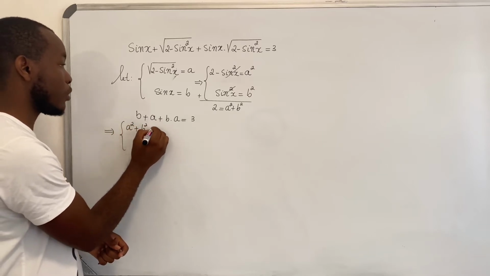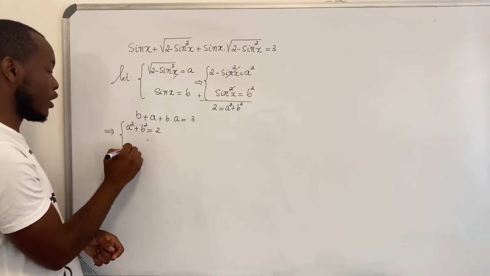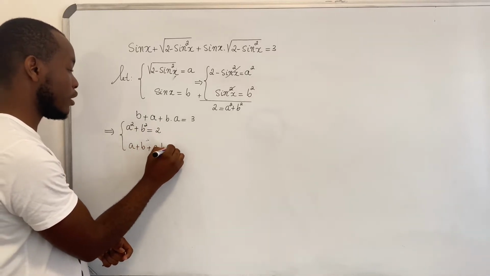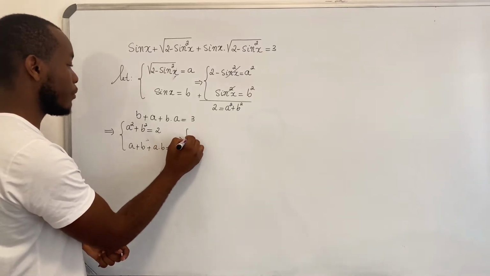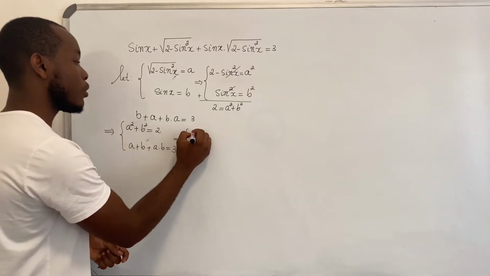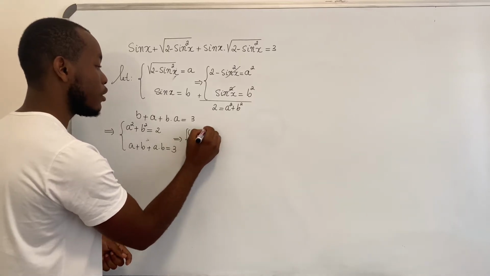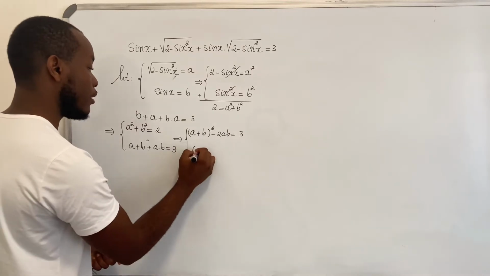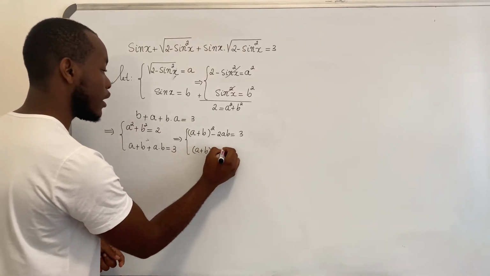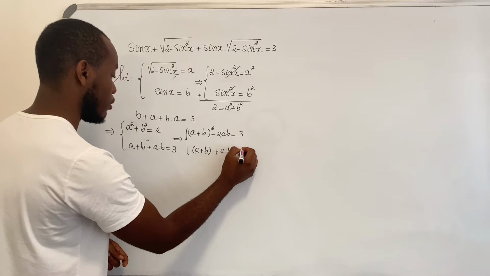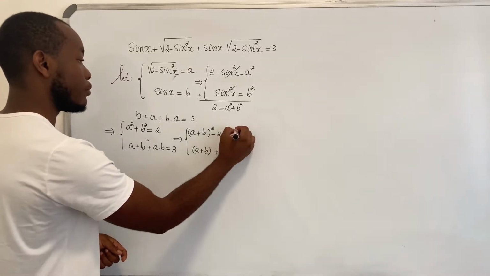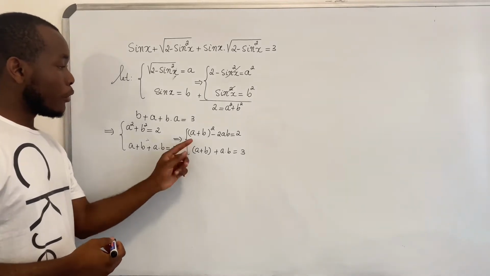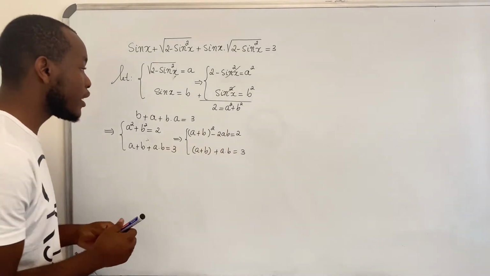Whereby we have a squared plus b squared equal to 2, and here we have a plus b plus a times b equal to 3. And we know that a squared plus b squared is the same as a plus b all squared minus 2ab, equal to 2. And here we can say a plus b plus a times b equal to 3. Okay, perfect now. So we have a plus b, ab. We can still let again